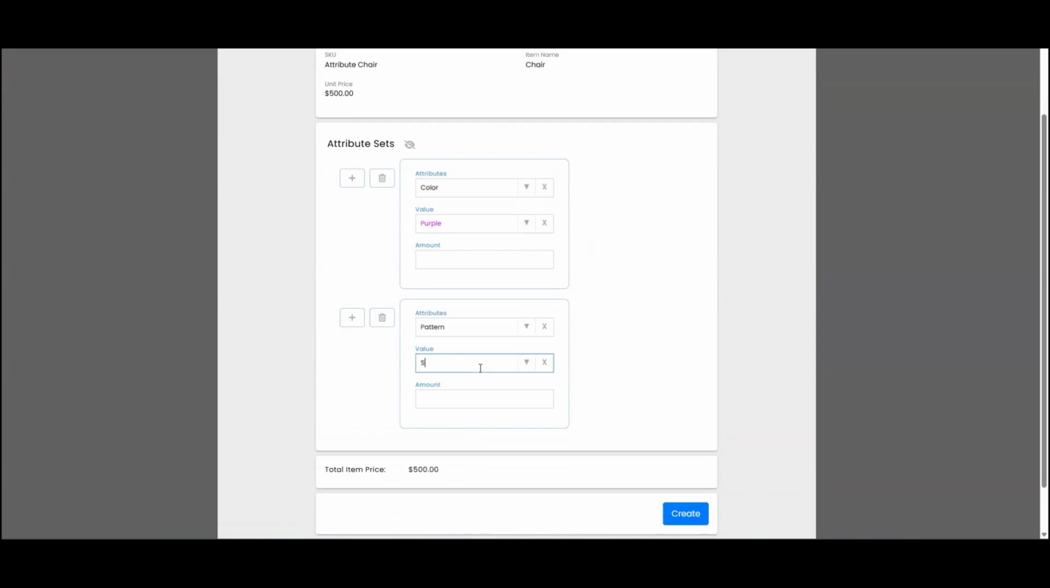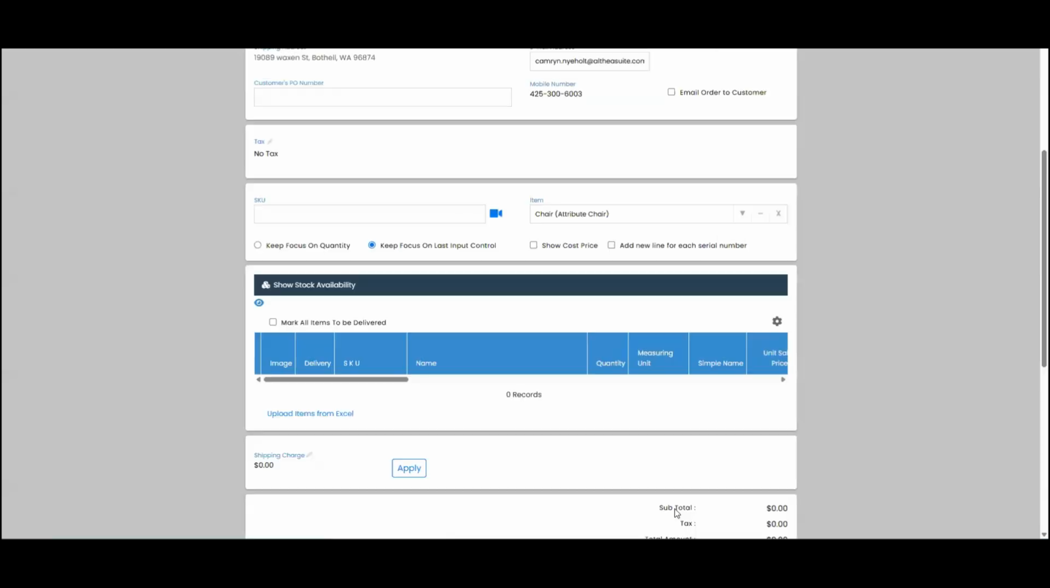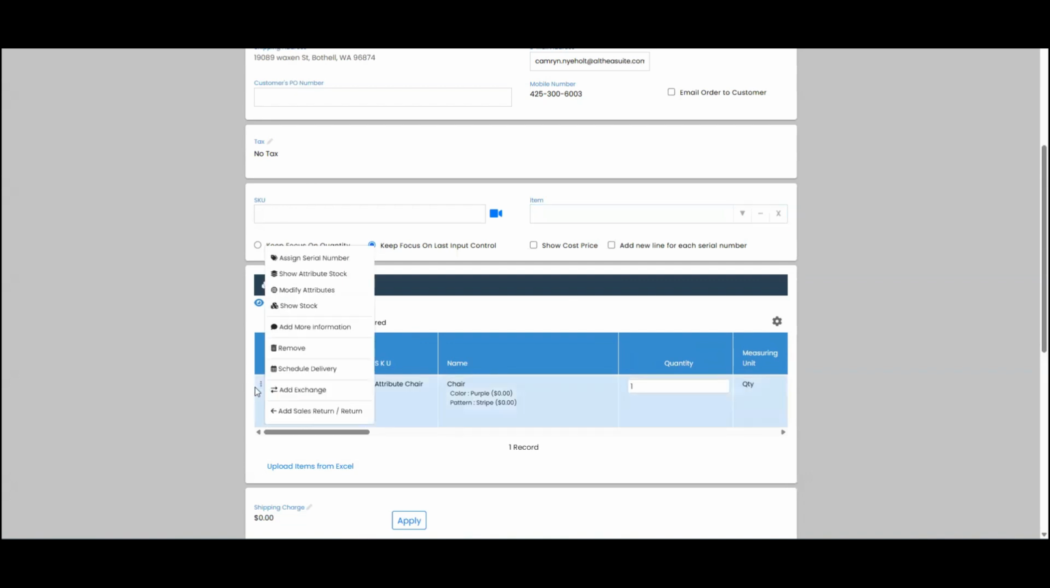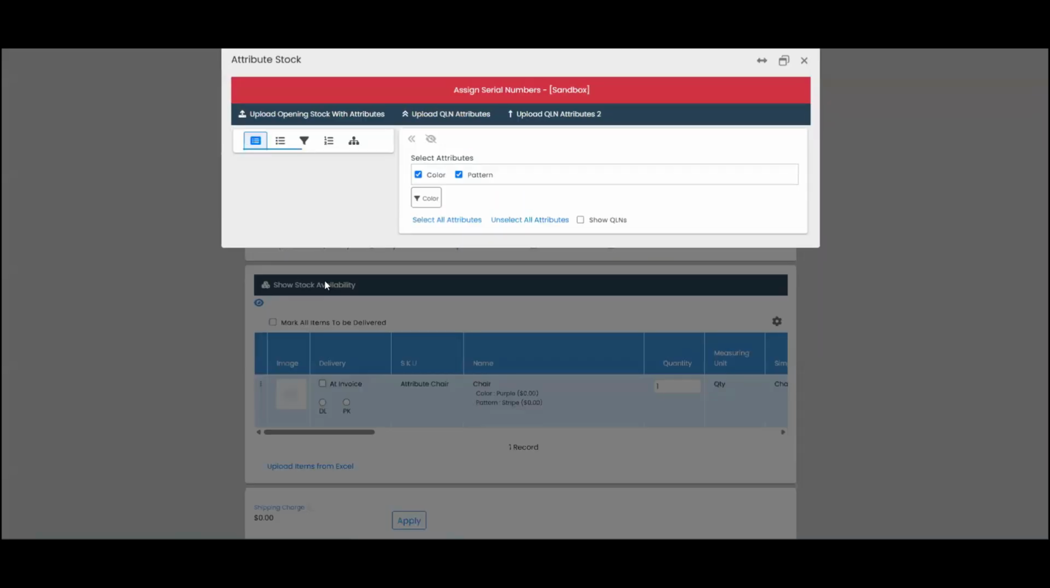Again, I'm going to type in a value. Once I'm ready, I'll go ahead and hit create. Looking here, I can see that it has now been added with the name of chair and the attributes underneath. I can check the stock available for this product by hitting the context menu and hitting the show attribute stock